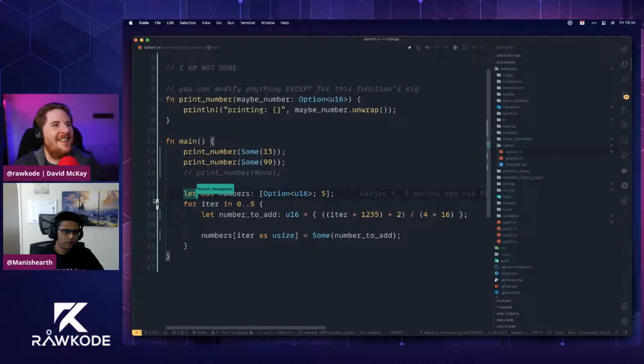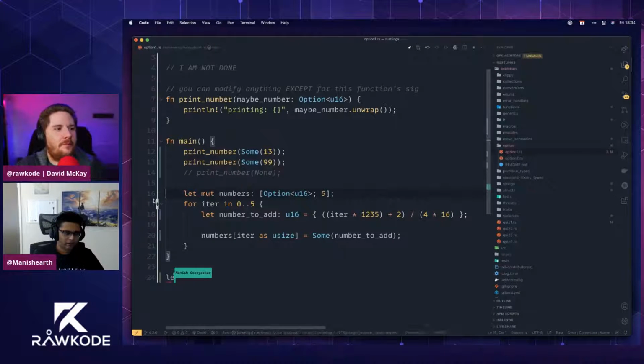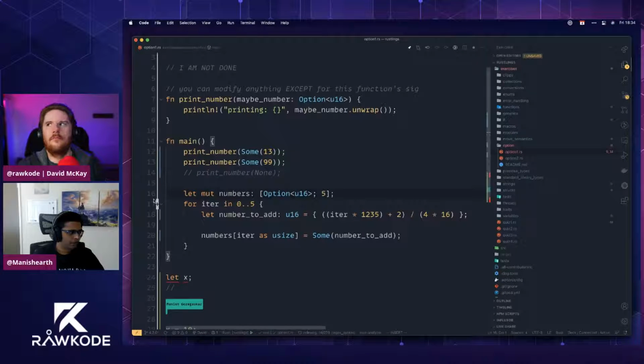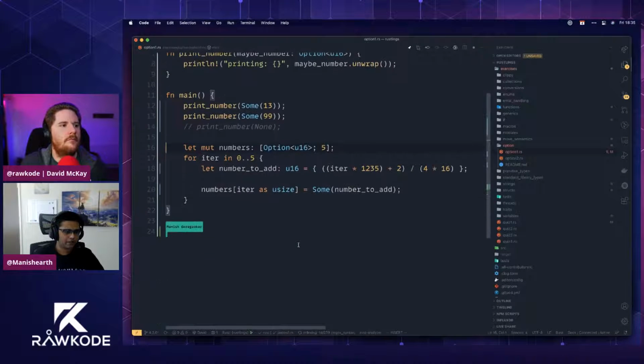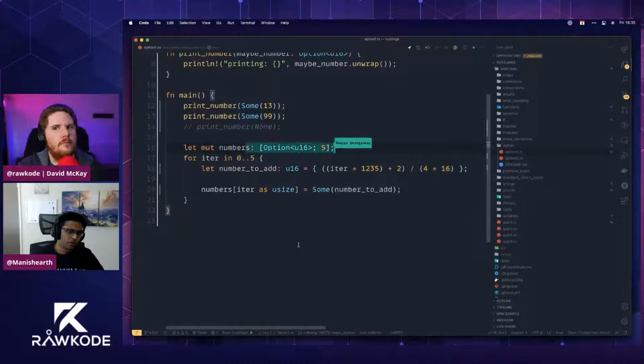So in Rust you can do let x and not say what x is, and then 10 lines later say x equals 10. But you have to do it in a way that Rust knows that x cannot be used in this part, and that x is fully initialized at the end. So here, this array, we start off with an uninitialized array, and then we fill it with a for loop, and Rust cannot prove that you're actually creating the full array here. So what you want to do